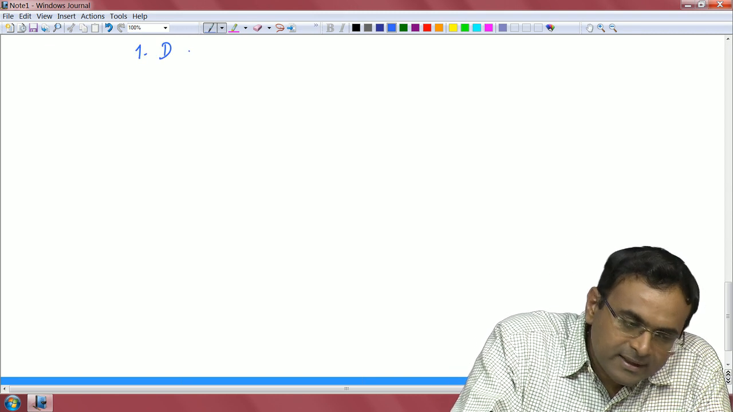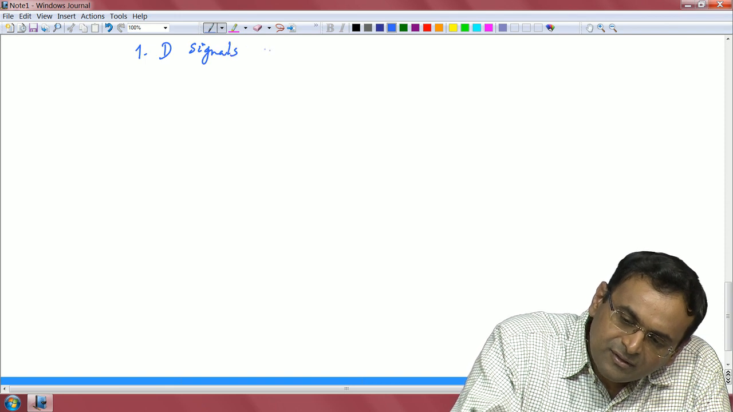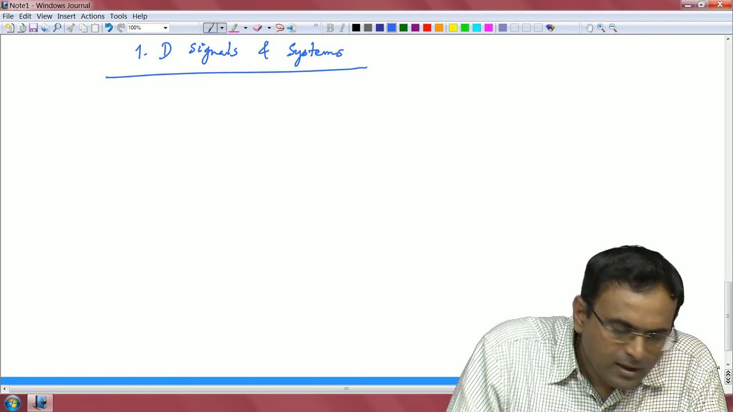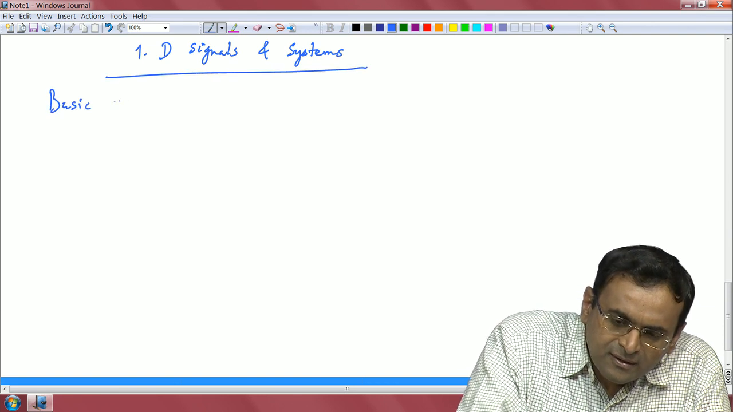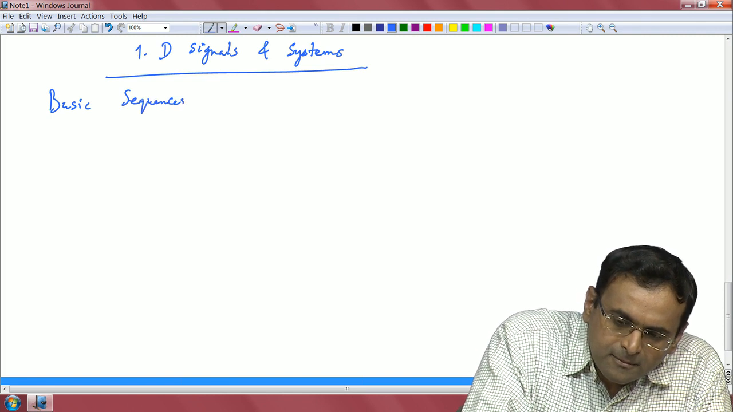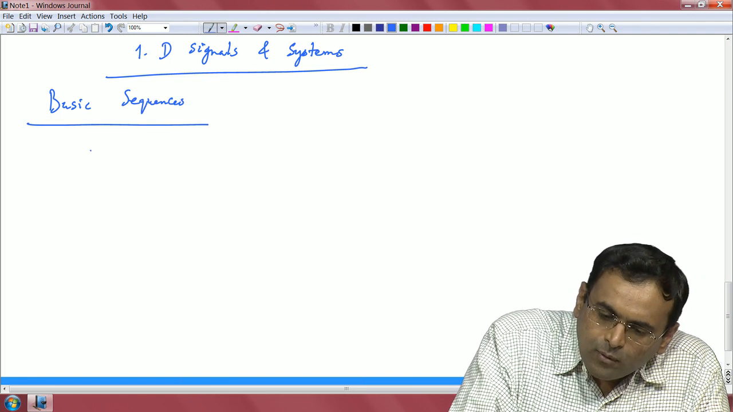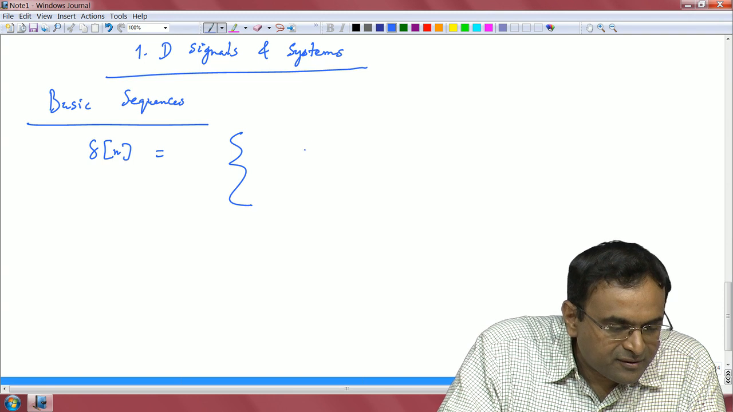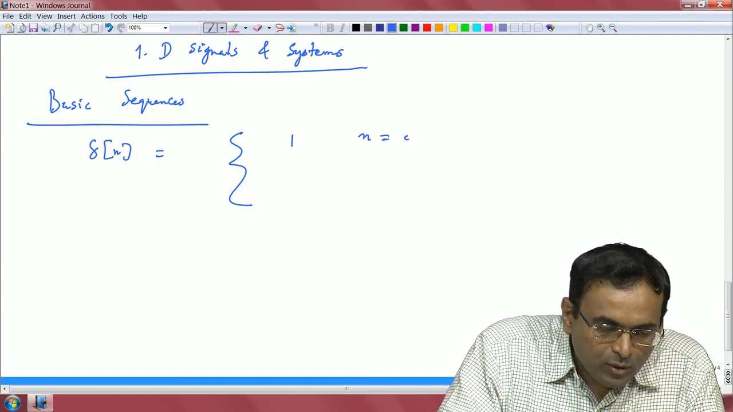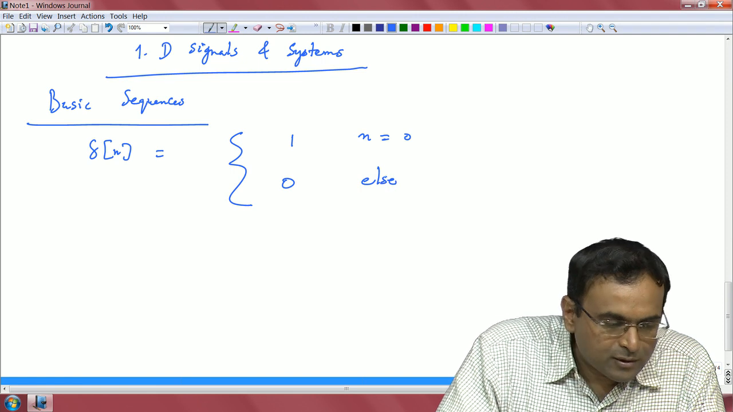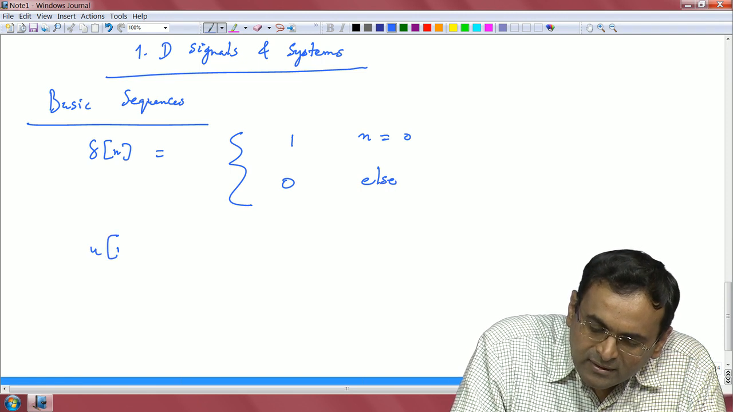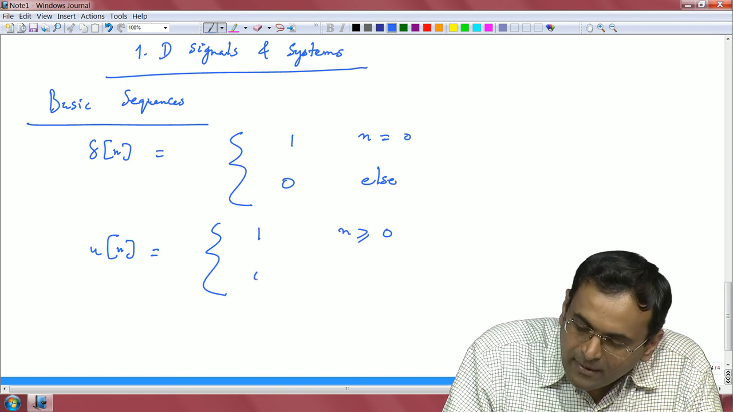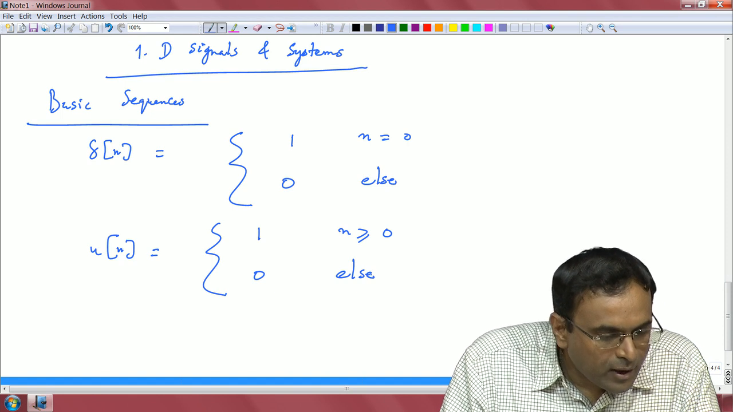Okay. So, I would start with 1D signals and systems. So, let us start with basic sequences. Now, one of the basic sequences one can think about is the delta sequence, which is 1 when n equals 0, and 0 otherwise. Then we have the unit step, which is 1 for n greater than or equal to 0 and 0 else,